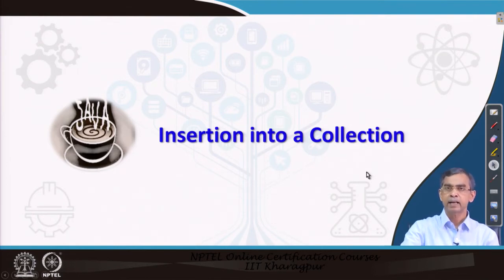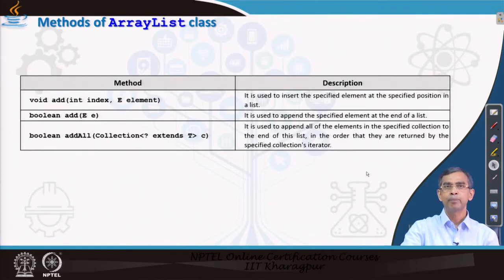For this ArrayList class also you can do it. Now here is an example of the different methods available to insert elements into an ArrayList collection. As you see here, we have listed three methods. The first is add with two arguments, int index, which indicates where you want to insert, and e, the element, which is a generic type, the element you want to insert. So e is the element to be inserted at the index location. The second method is add e, which is insertion in order. It will insert at the end of the array if size permits.